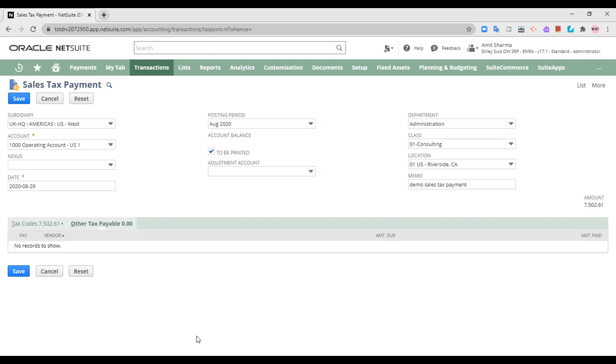So all those transactions in which the tax code is not selected, but that have been assigned to the tax agency vendors, and the credit side of the entry is the sales tax payable, will be shown over here.